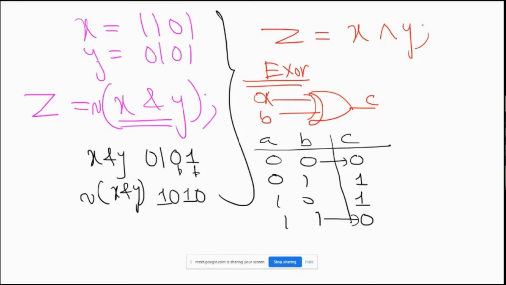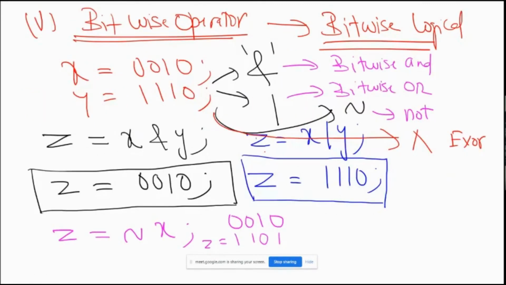So you know what is X and you know what is Y. If I ask you to take the exclusive OR of X and Y, what is the value of Z? When I say bitwise operator, you have to do bit by bit. First one, both of them are same, output is a 0. Second one, both same, output is a 0. Third one, both same, again output is a 0. Fourth one, both of them are different. In that case, it is a 1.